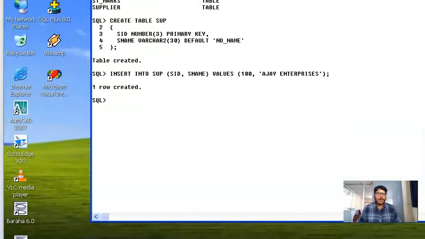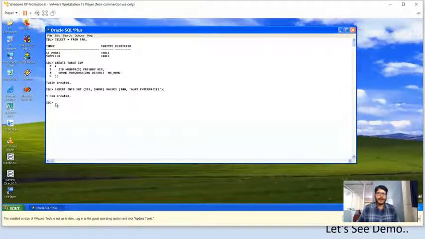Assume that now I'm going to store only the SID value. I don't want to store a value for YesName. So now, insert into SUP, I will try to insert a value for only SID. Values, now let me specify 101. That's it.